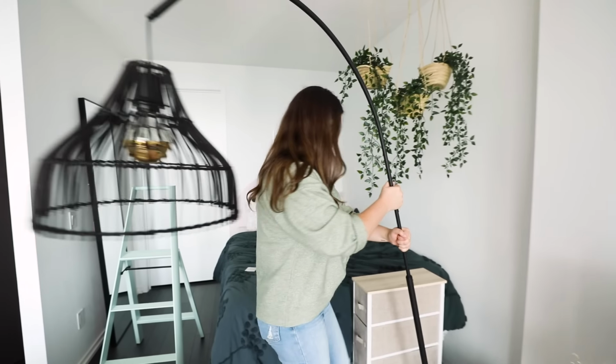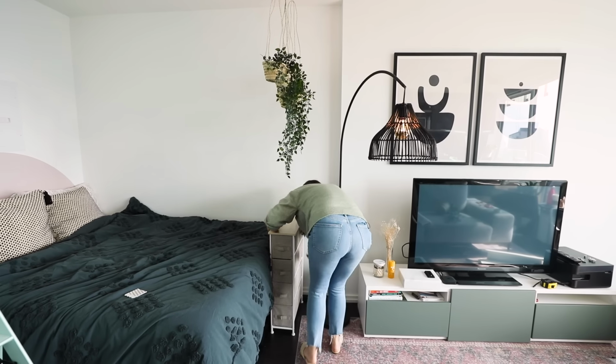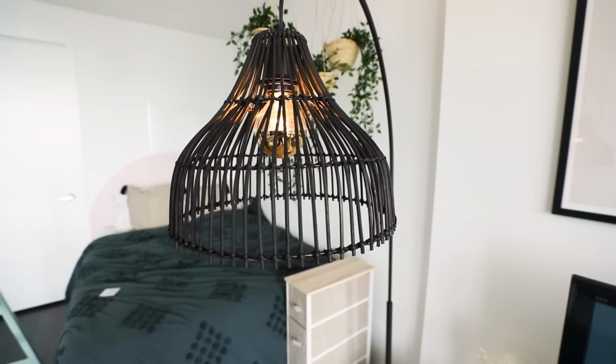So for the bedroom, living room area, I chose this floor lamp that swoops into Olivia's space. Because this is a tiny space, I wanted as much ambient light as possible. She only has one overhead light in the kitchen that we couldn't replace. So I thought a swooping light would really distribute the light evenly and make it feel really cozy in her space. I also thought she could swoop it around her bedroom area if she's in bed reading. There really is not a place to put a bedside light, so I thought this was kind of the next